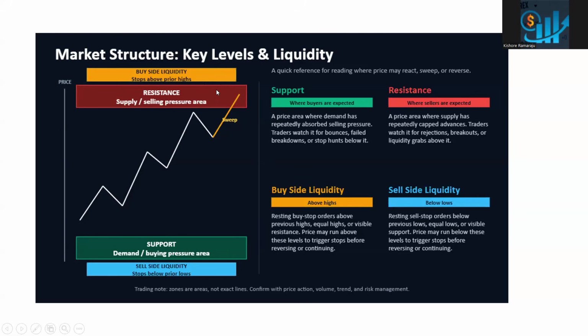Right? All their orders got filled. So the market makers will intentionally take the price a little bit above the resistance and then bring it all the way down. So people who are buying above 450 are losing. People who are shorting at 450, who kept the stop loss above 450, are losing. So that is called buy side liquidity. Whenever you have a lot of orders above the resistance, that is buy side liquidity.